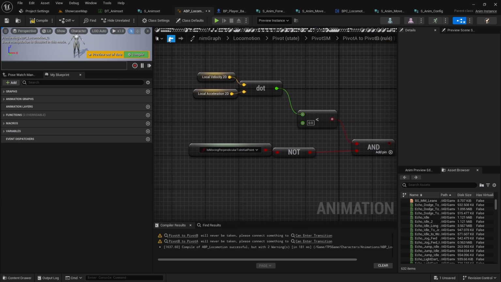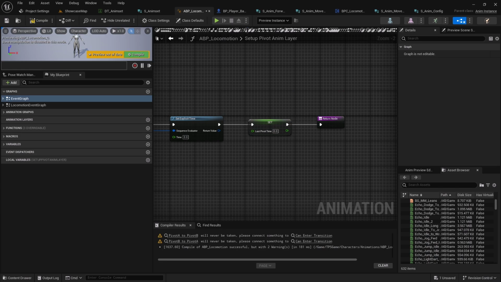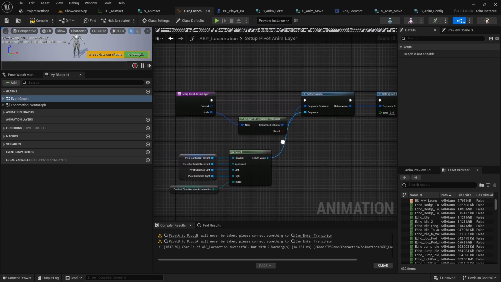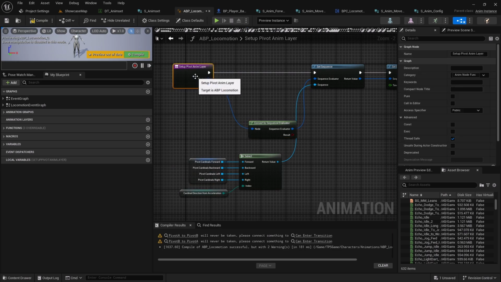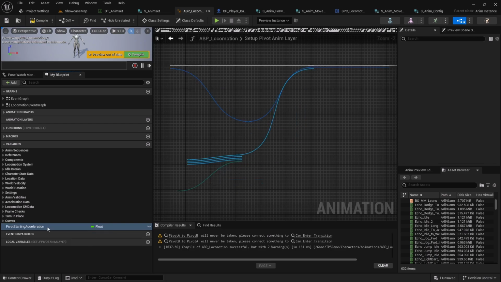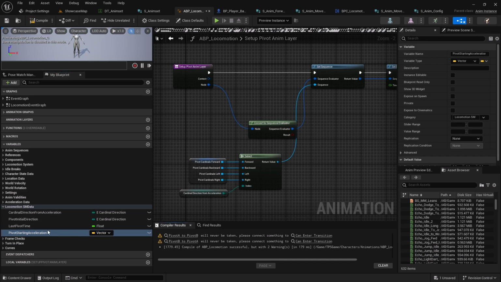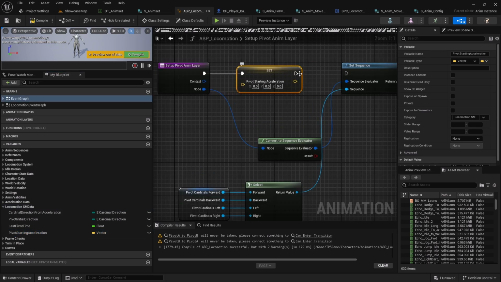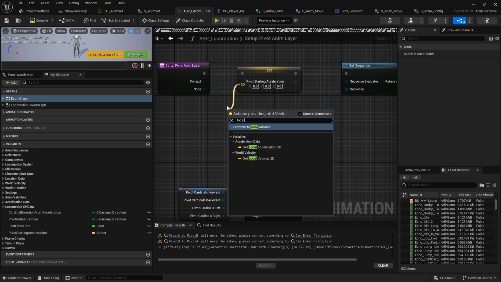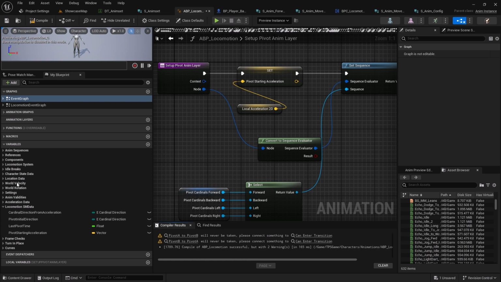So I think at the pivot A, the setup pivot anim, before setting the sequence, let's set a new variable called pivot starting acceleration, which is vector, and this is a locomotion state machine data, and I'll set it with local acceleration 2D at the initial setup pivot anim layer,